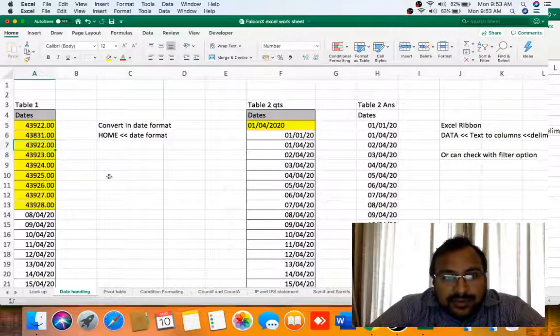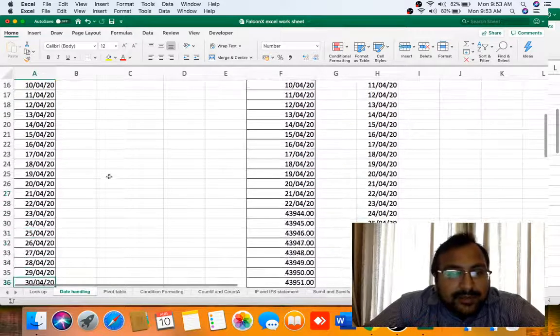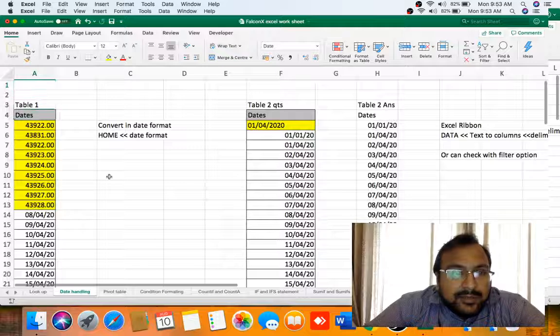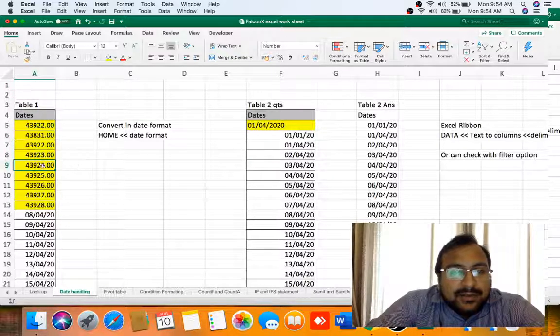So let's start with the first common topic of date which we face regularly in our day-to-day life. As you can see, maximum time dates are converted into a number format in table 1. So how can we convert this number format into a date format?